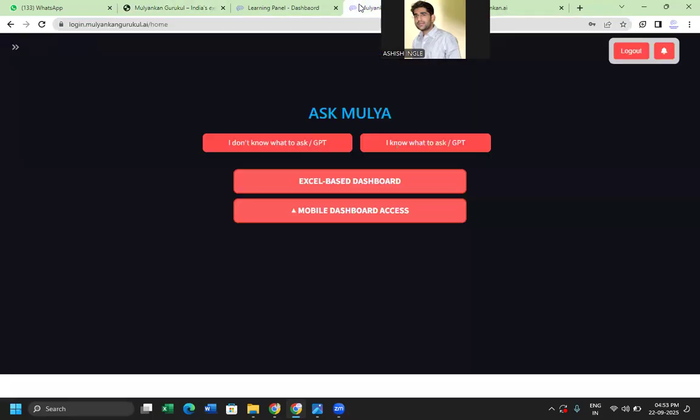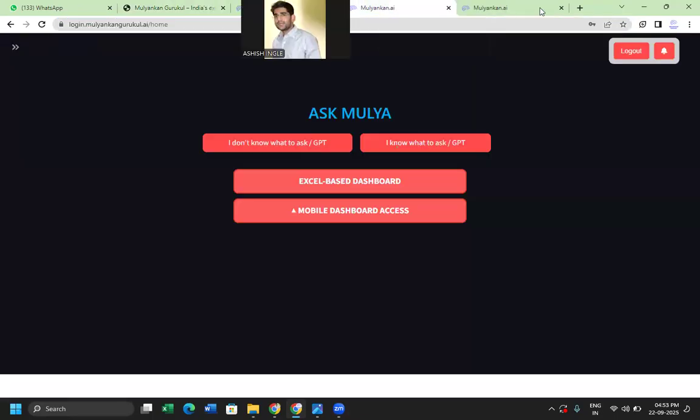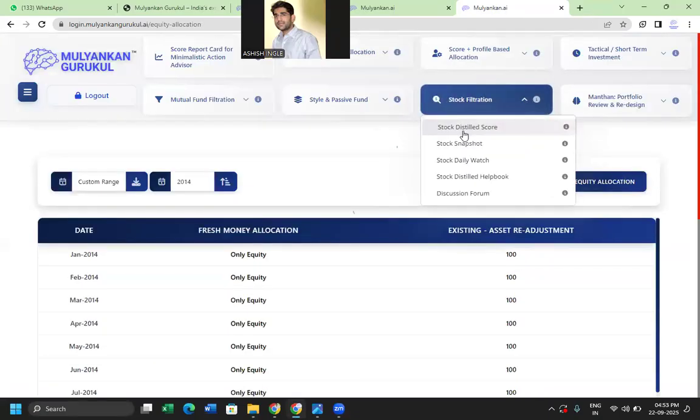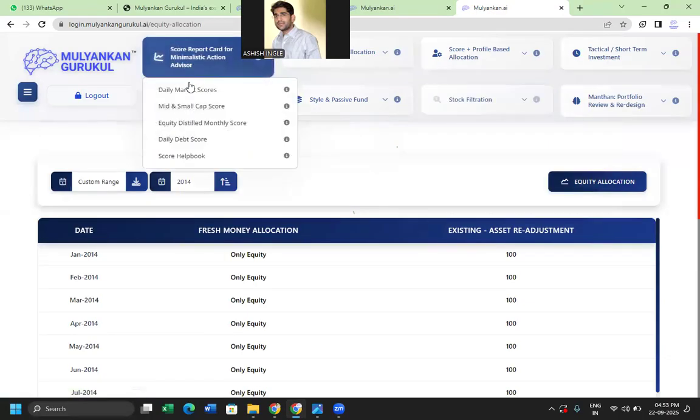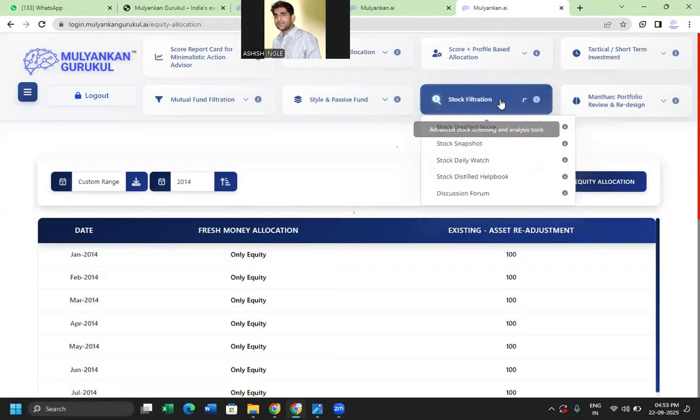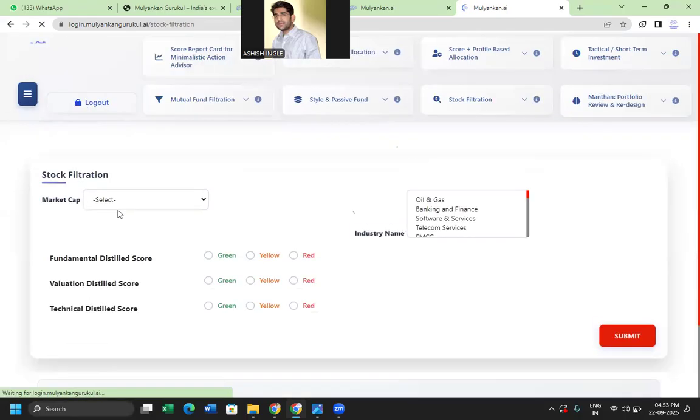If you ask me any question with respect to the stock distilled score, I can address that. But we will not address right now how to use it. Suppose you want to judge, let's say, if mid and small cap is zero. If you don't want to act on the basis of a mid cap fund, and want to act on the basis of stocks, go to the stock distilled score,